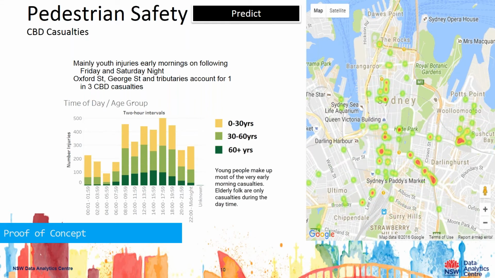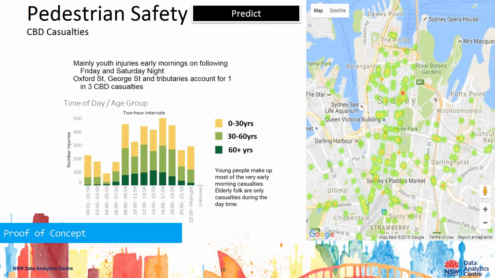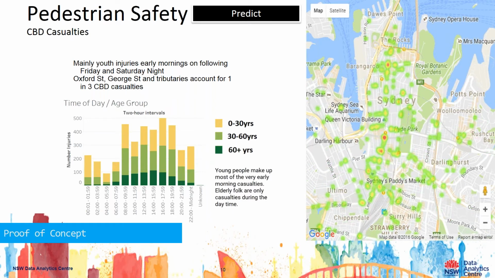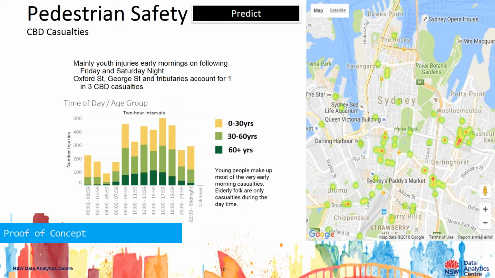Awareness is an example of a modifiable risk. Age is an example of a non-modifiable risk. So targeting interventions at those modifiable risks starts to help not only the understanding, but also think about the interventions that could be used to improve the outcome, in which case pedestrian safety.